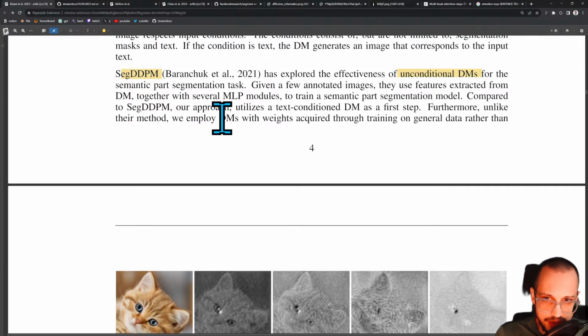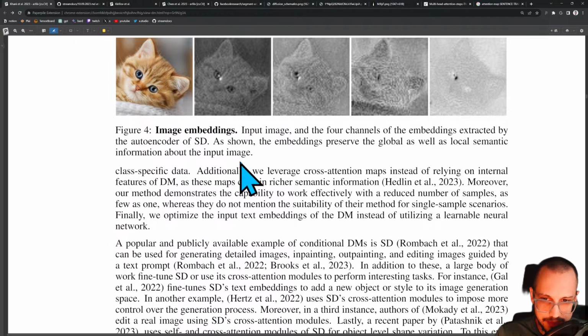Furthermore, unlike this method, we employed DMs with weights acquired through training on general data rather than class-specific data. We leverage cross-attention maps instead of relying on internal features of diffusion models, as these maps contain richer semantic information. The reason this entire thing works is because there's a very interesting relationship between human language